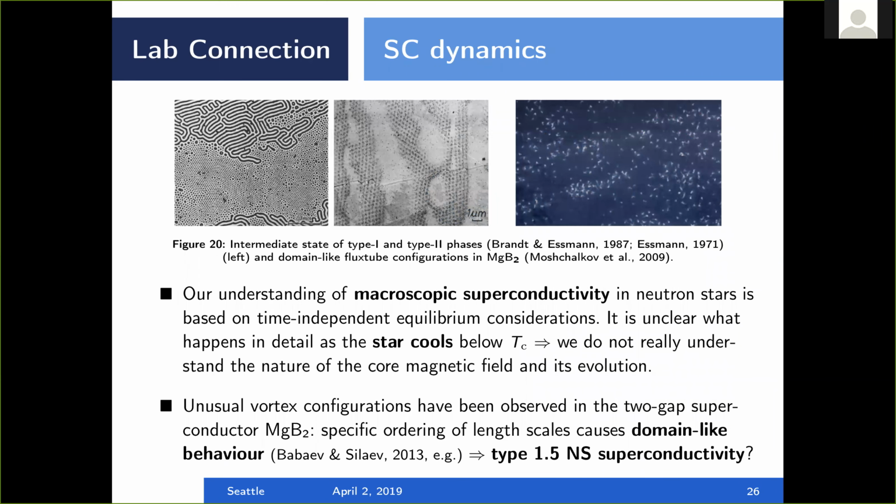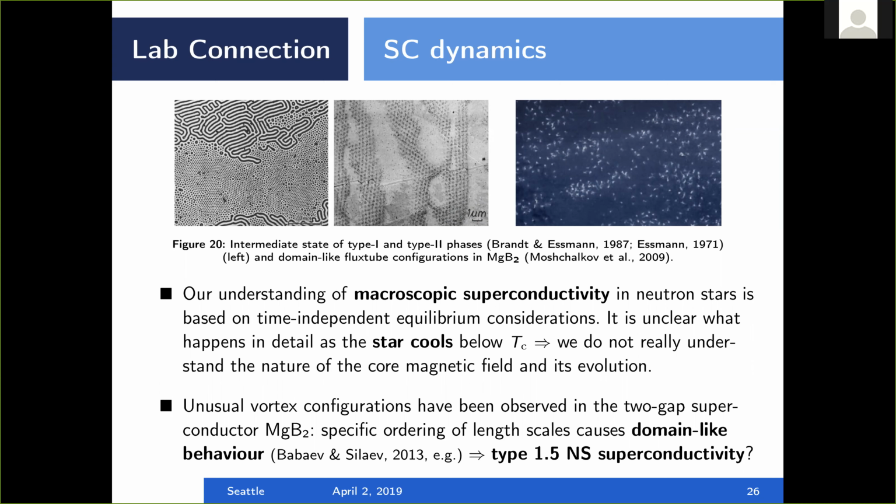Okay, so the last thing that's related to this picture again is that every time we talk about macroscopic superconductivity, we talk about this kind of phenomenon as a snapshot in time. So we look at something that's completely time independent, and we never really think of what actually happens as a function of time when the neutron star cools through that transition. Okay, so from the gaps we probably know that the neutrons are still normal when the superconductor forms,